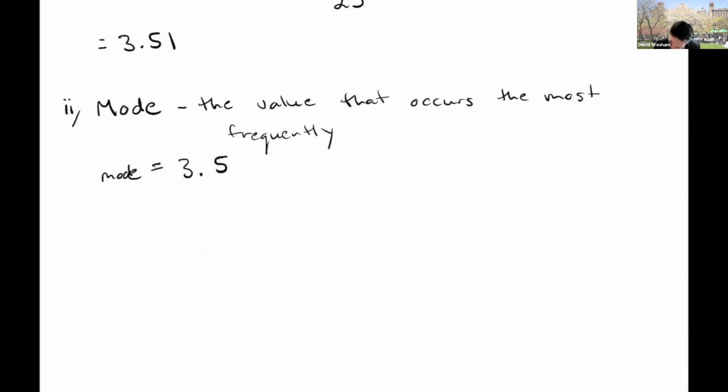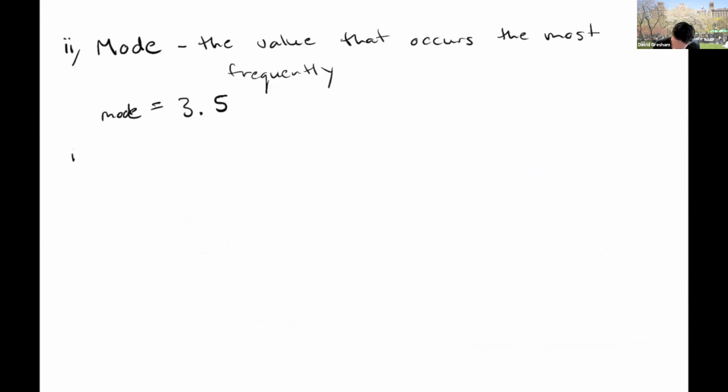All right, and finally, the median is our third measure. And who remembers what the median is? It's the number that appears in the middle of the data set. When we do what to the data set? When you order it from least to greatest. Right. So the median is the middle value